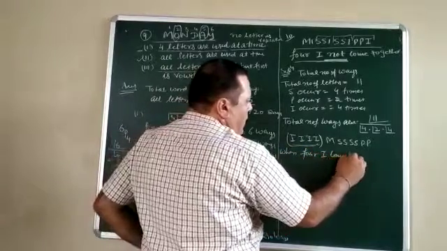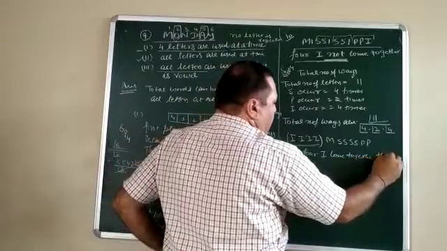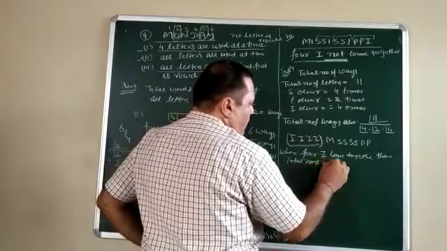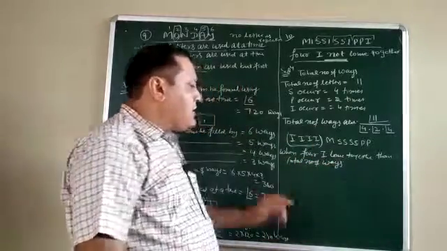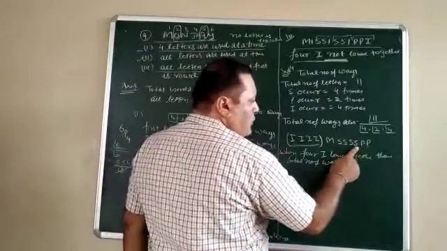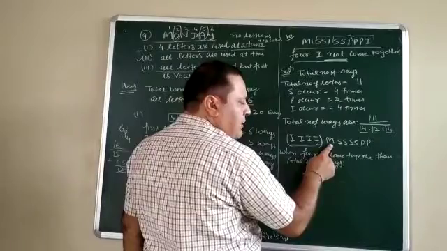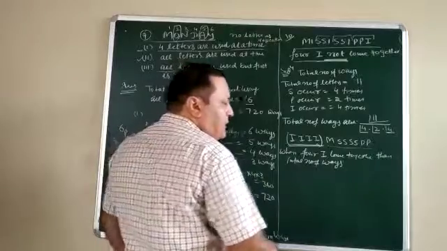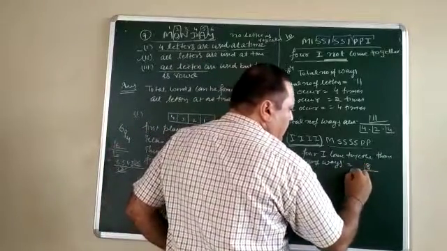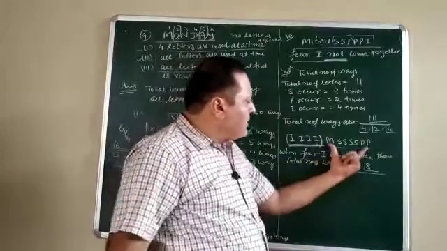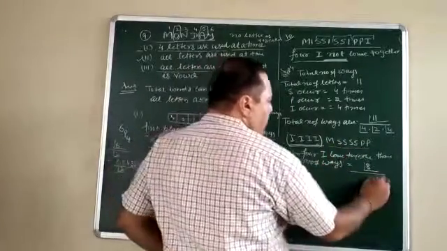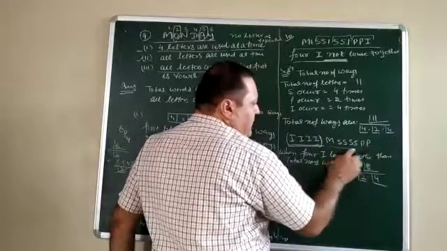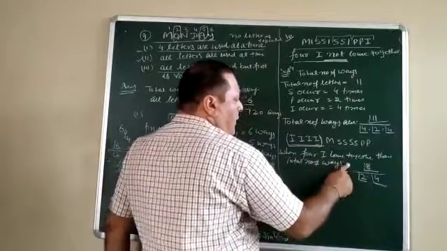Now when the 4 I's come together, the total number of ways: see this one, 1, 2, 3, 4, 5, 6 and 7. There are 7 different alphabets and they are in one box. So it is total 8. So the total number of ways is 8 factorial. Divide by, is anybody repeating among these 7? S is repeating 4 times, divide by 4 factorial. P is repeating 2 times, divide by 2 factorial. Anything else which is repeating along these 7? No.